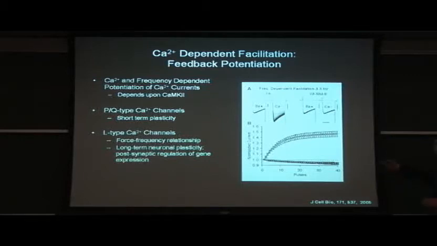And what I'm going to show you later is that when we remove the interaction site with CaM kinase 2, we completely block this calcium-dependent facilitation. And these are the same data plotted now with the 40 pulses showing the relative increase in current. So under these conditions, we see about a 40% increase in current by the end of the 40 successive pulses.